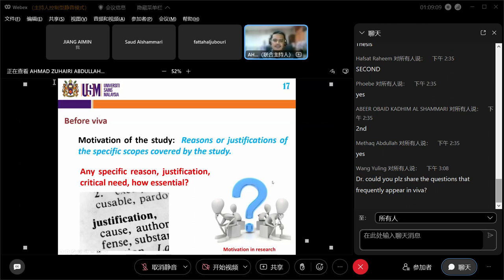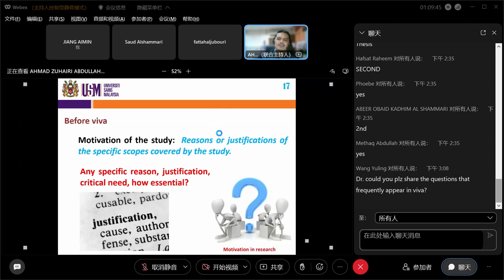No, it's not acceptable. As a researcher, you should base your motivation of the study on certain meaningful information or certain theoretical consideration. So be careful. Motivation of the study is something always being asked during the Viva because they don't see why you do this and that in the first place. Sometimes we receive that kind of answer from the student. It is there because I want to try it. It is there because it's a waste material. I want to use this